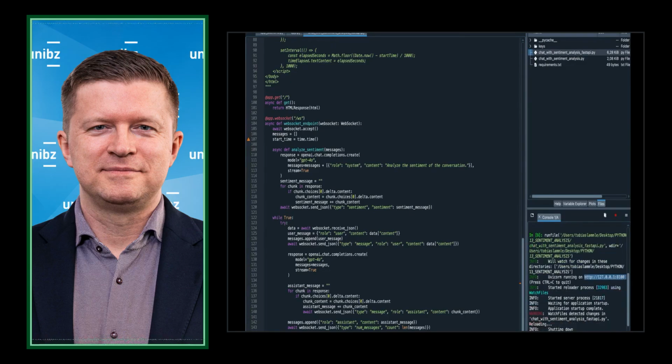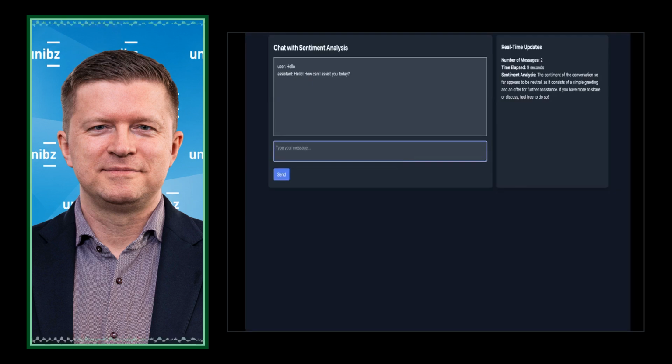Okay, so we have here. It's made with FastAPI and not as beautiful as the React front end, but it does the job. It's a basic chat again, so I can chat with the chatbot, but it also counts the messages, and it classifies the current sentiment of the ongoing conversation. As of now, I just said hello, and the chatbot answered, so it's neutral, because it's just simple. And it will also give an explanation why the chatbot thinks it's neutral.